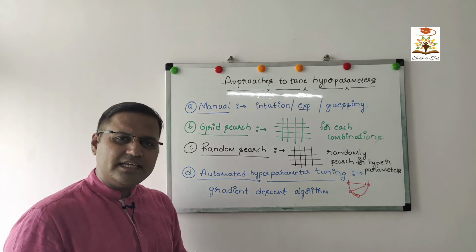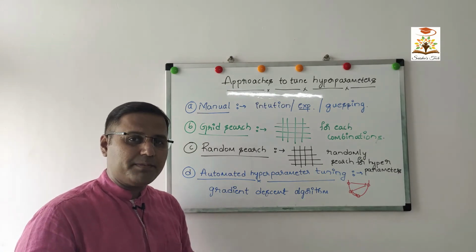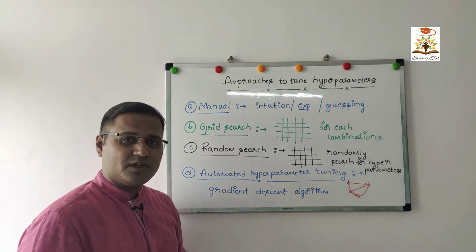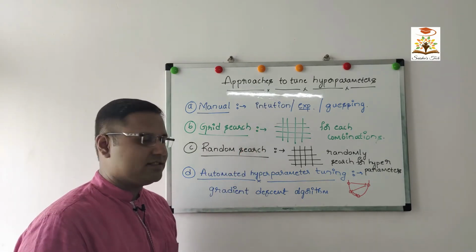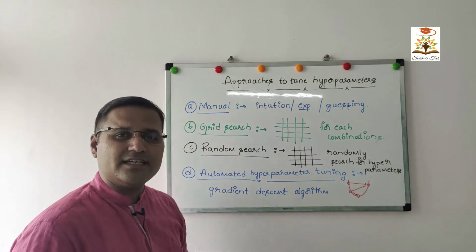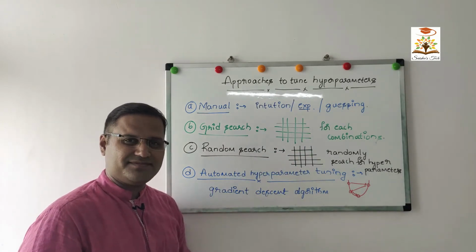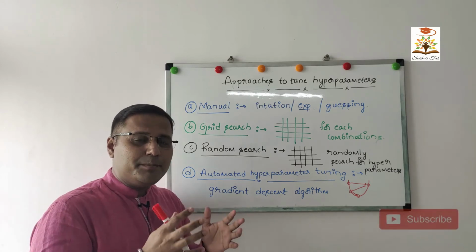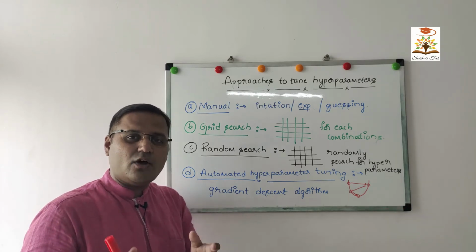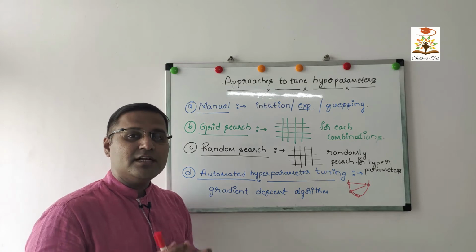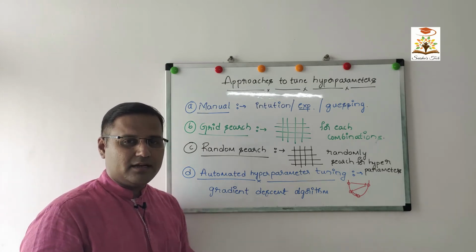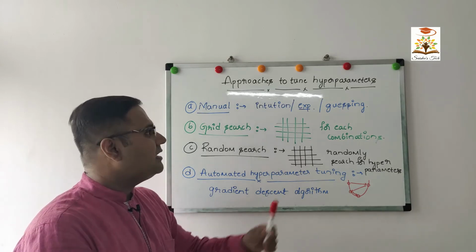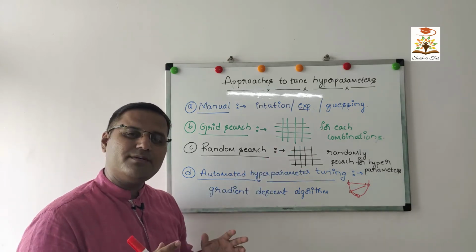Manual. Here you choose a hyperparameter depending on your intuitions or your past experience or randomly guessing the hyperparameters. Now, for each of the guessed hyperparameters, you build the model and you test it on your test data. You choose the optimal hyperparameter from your guessed hyperparameters for building the model.